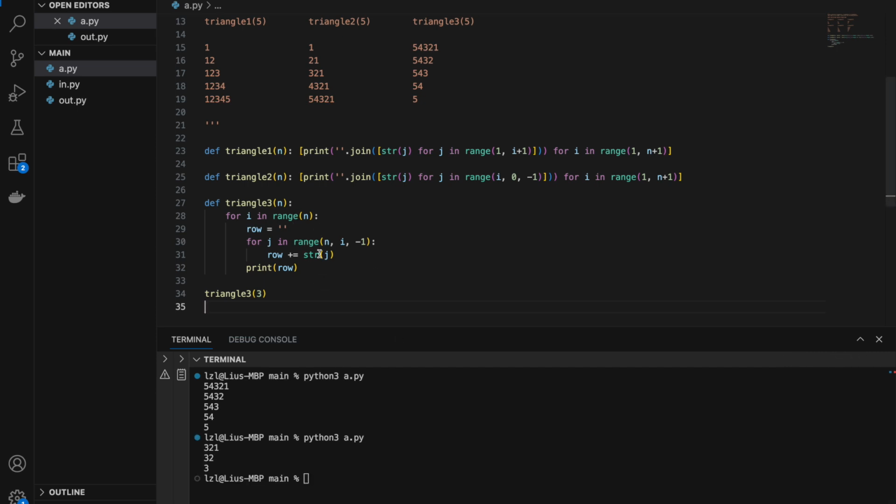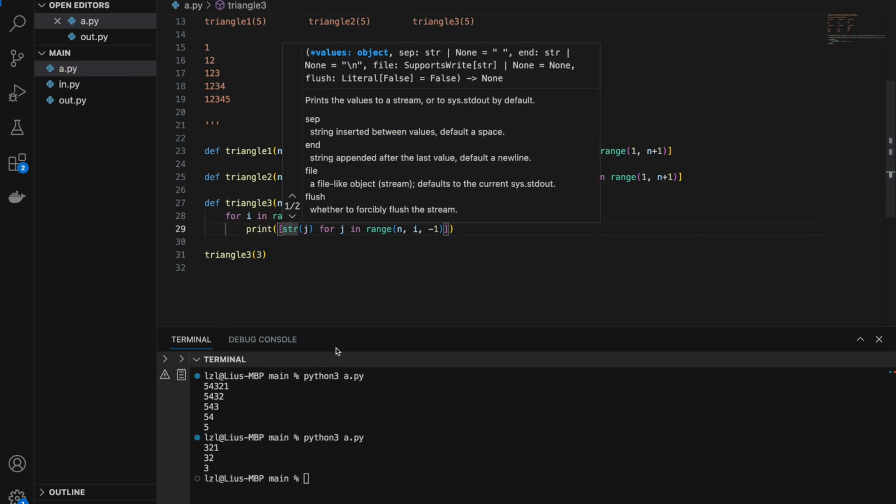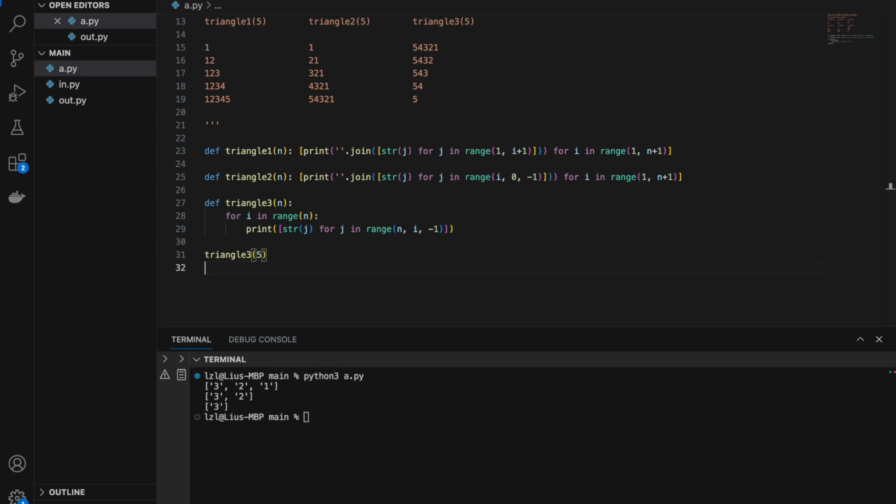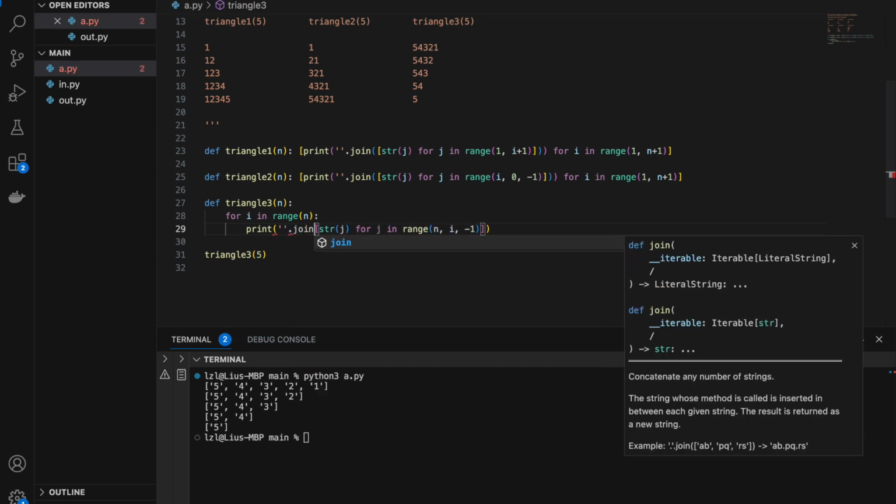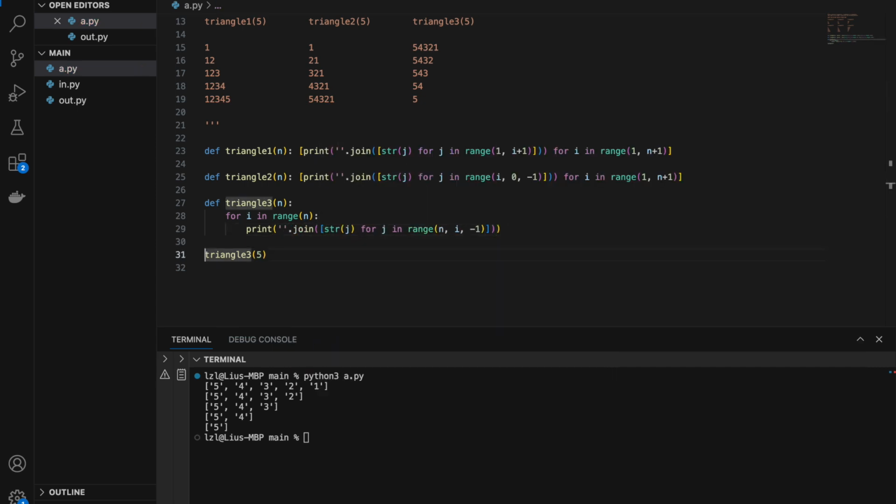So once again, let's just convert this into one line. So same thing, this comprehension, copy paste this entire thing and dump it here. And here we have our str j. So let's get rid of all this and let's print this comprehension. So let's change this back to 5 and we should get 5 lists. Similarly, we use empty string dot join bracket, and over here we need to close our bracket